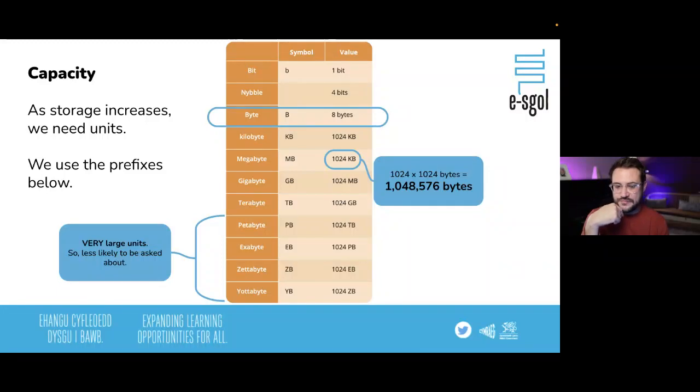Okay, so what if I have 1024 kilobytes? So a kilobyte is 1,000 bytes. So 1,000 thousands is a million. So 1024 kilobytes is called a megabyte. And you can see there, it's not exactly a million, is it? Because it's 1024 times 1024, which is that horrible number on the right-hand side,